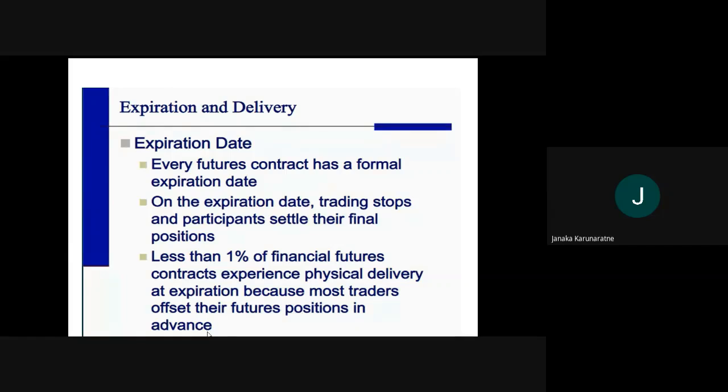On the expiration date, trading stops and participants settle their final position. So if you buy a futures contract expiring on 30th June, then trading will be stopped at that date. So the parties, the buyer and seller, have to close their positions. Less than 1% of financial futures contracts experience physical delivery at expiration, because most traders close their futures